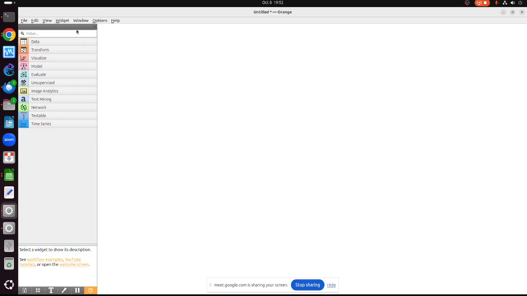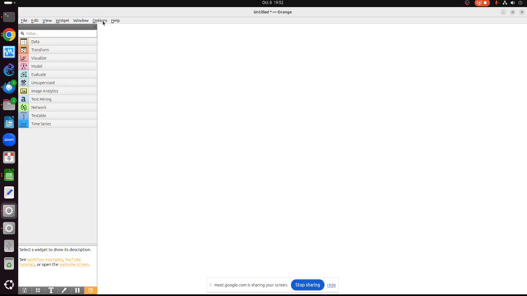Okay. If you install Orange, by default, you will only receive data, transform, visualize, model, evaluate, unsupervised. That's it. So 1, 2, 3, 4, 5, 6. Okay. The rest, image analytics, text mining, network, time series, we need to